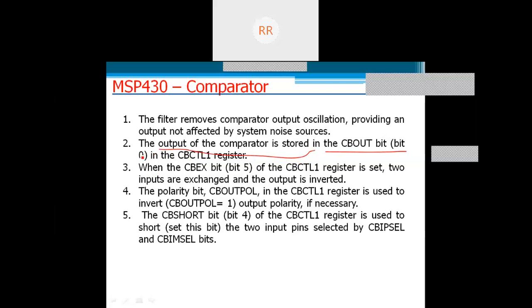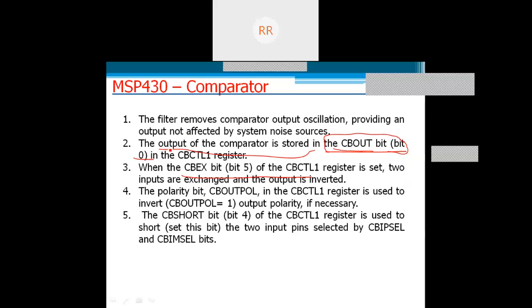After completion of the comparator operation, that will be stored by the comparator, set to either 1 or 0, in control register 1. The CBOUT bit is available in CB control register 1. Next, the CBEX bit. This CBEX bit is bit 5 in CB control register 1. When set, the 2 inputs are exchanged and the output is inverted.